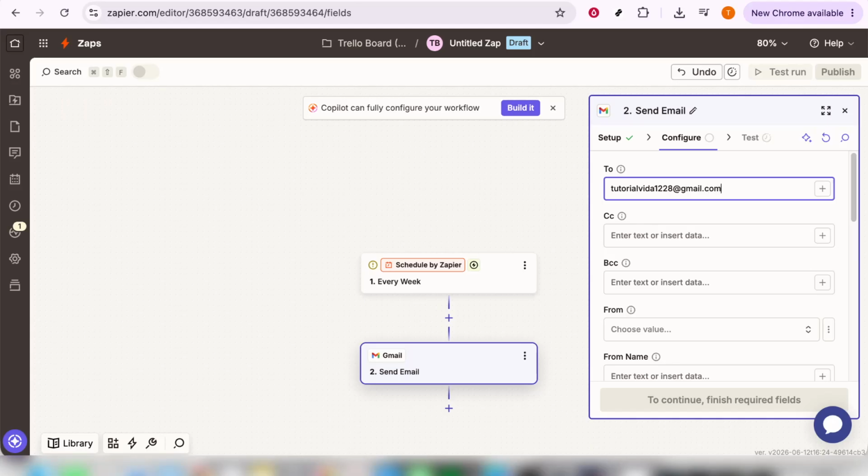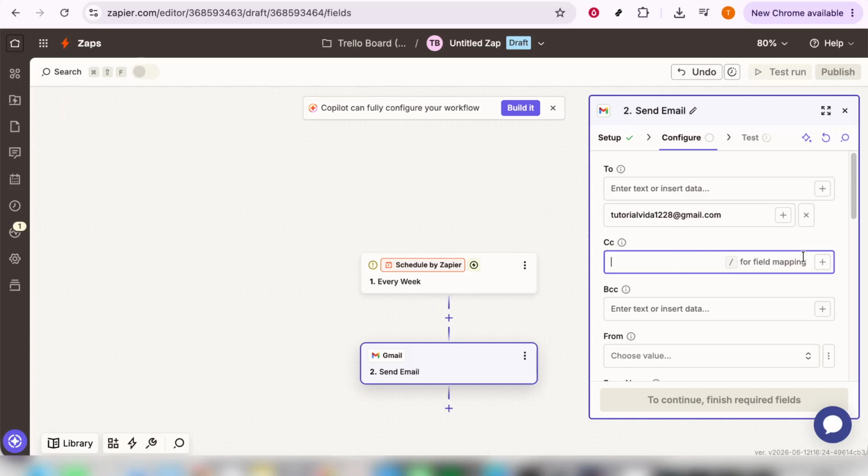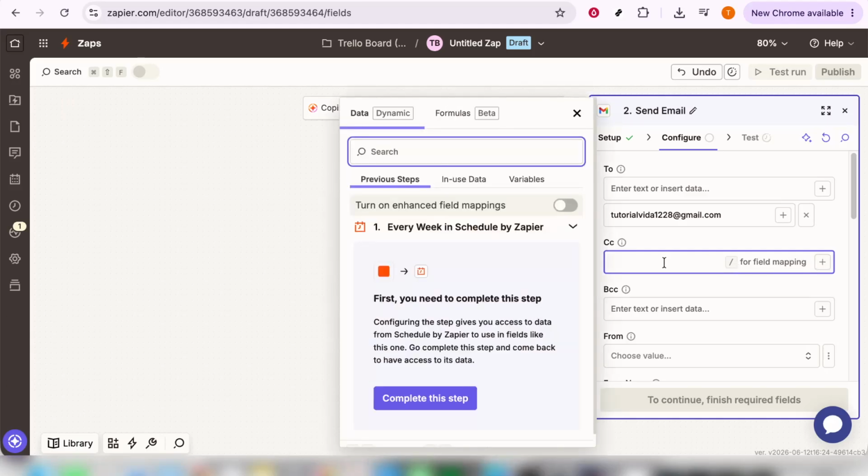And there you have it. You've successfully set up an automated email sending system using Zapier. All that's left is to save your Zap and turn it on to start the automation process. This tool is incredibly flexible and powerful, perfect for enhancing